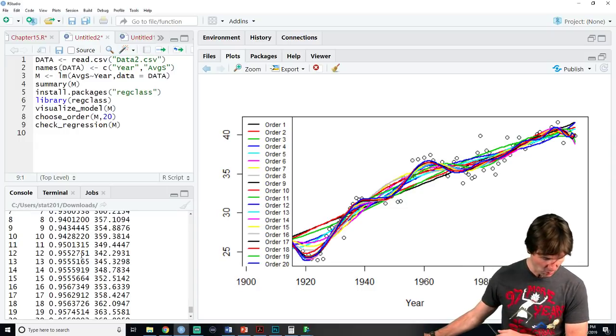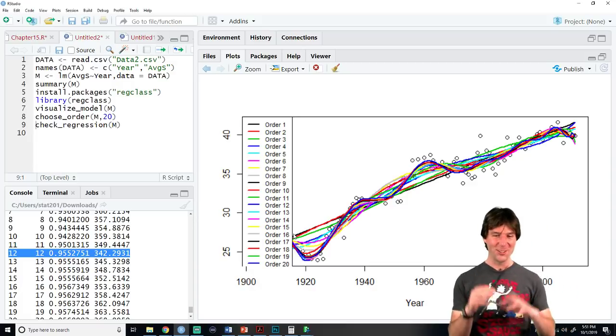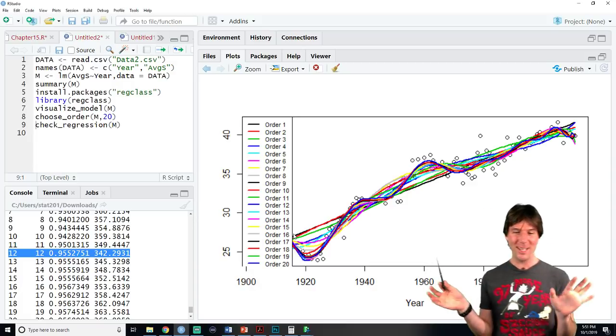This is just kind of the cool things we can do with code, and funny enough, I kind of stopped at the right point because it looks like a 12th order polynomial model is the way to go, and it looks so cool to me. I just like seeing the graphics. I'm huge into graphics. How many people do we still have here? Did I lose everybody? They saw coding, they're like, no, run away.